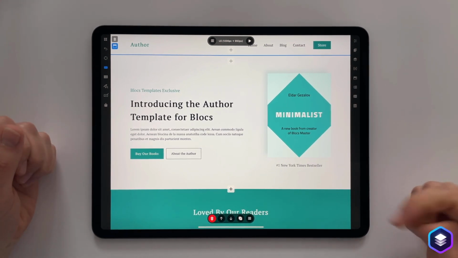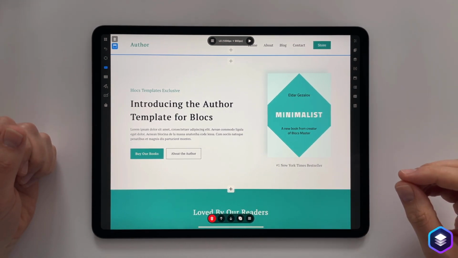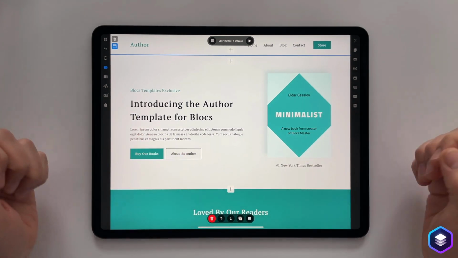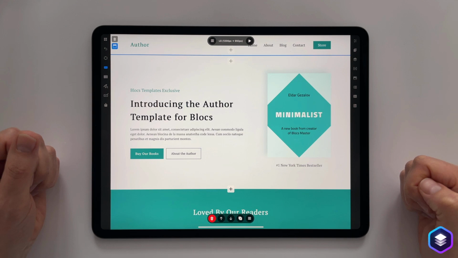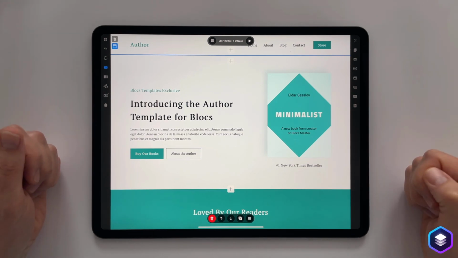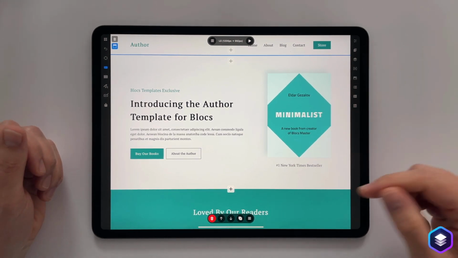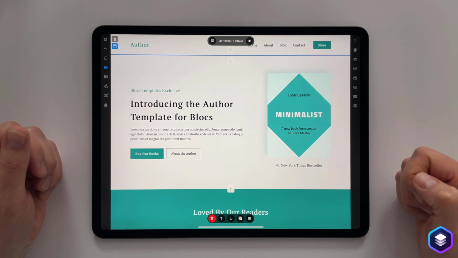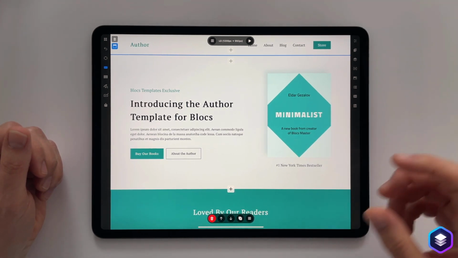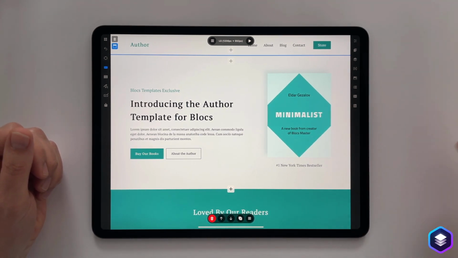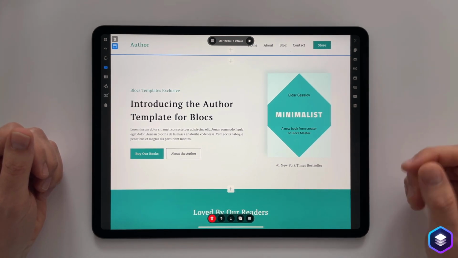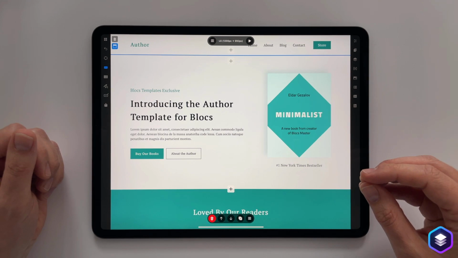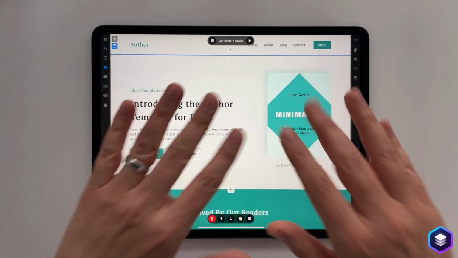Whereas because Blocks has to work with mouse and keyboard and fingers, we've made the decision to keep these available at all times. In fact, I probably should have mentioned earlier that Blocks on the iPad is fully compatible with all keyboard shortcuts and a mouse. So you can get the exact desktop user experience with Blocks on the iPad if you connect a mouse and keyboard to it. But it's also great when you're using your fingers.